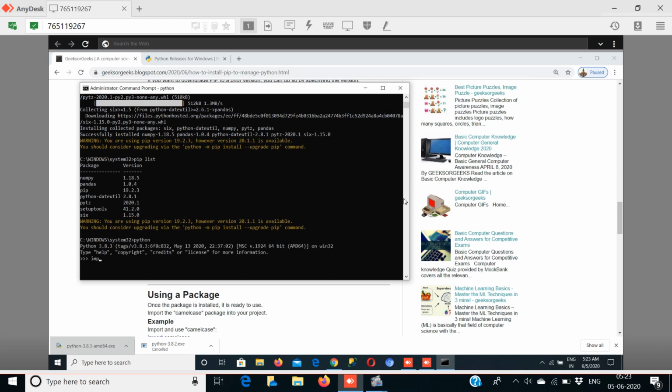Now import pandas. See, it is successfully including the library. So we learned how to install Python IDE, how to install pip, how to download packages, and how to upgrade pip.